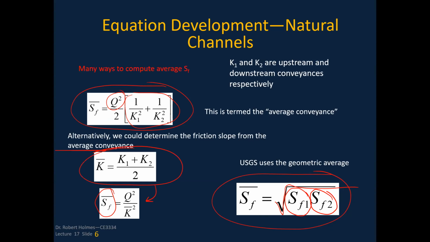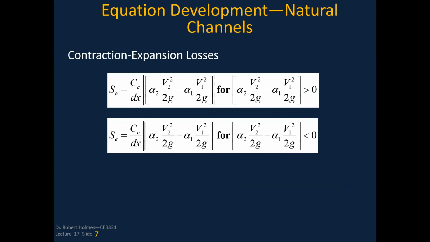And what I found over the years is that really they make very small differences. I suppose in some cases there might be. When you get into using HEC-RAS, which is the program we're going to use to do the automated computation of these things, there are multiple choices you can make in terms of how you compute the average friction slope. Now, when we talk about dealing with the expansion contraction losses,